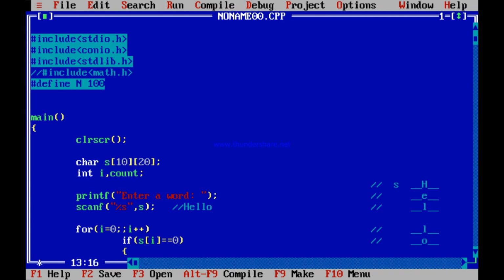It means that this 10 is 10 words, each word of 20 characters or 20 letters. So that means over here, if you declare like this, then S0 will be one word, S1 will be another word, S2 will be another word, and each of these words will have 20 characters in them. So this is how you can go for it.